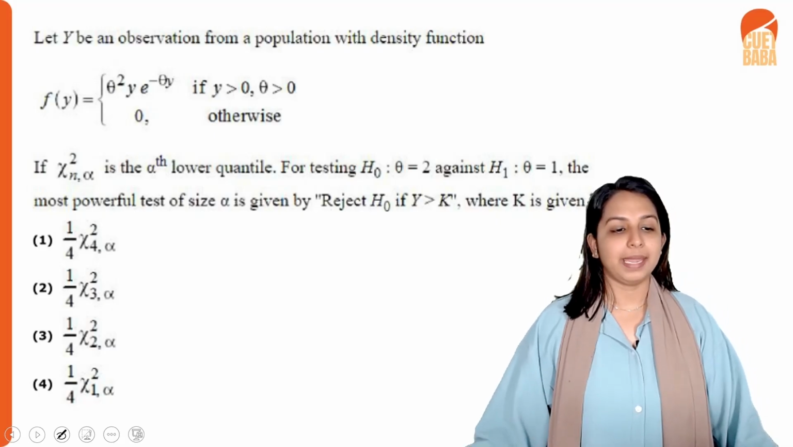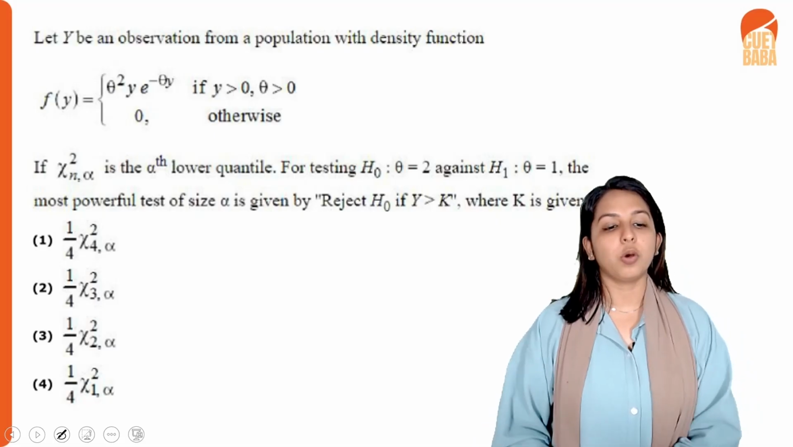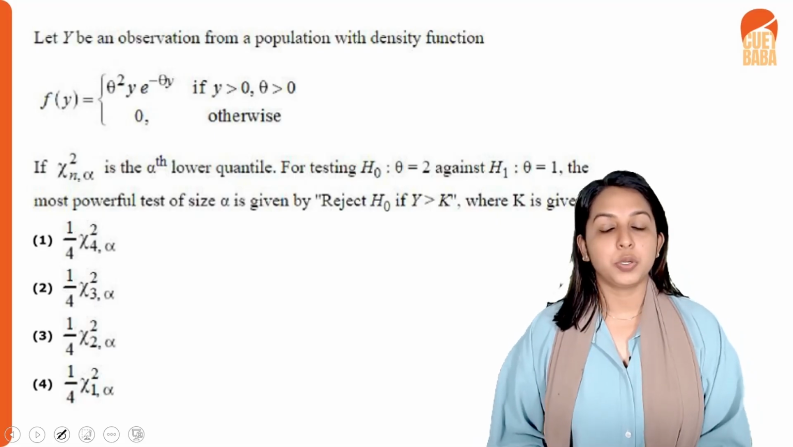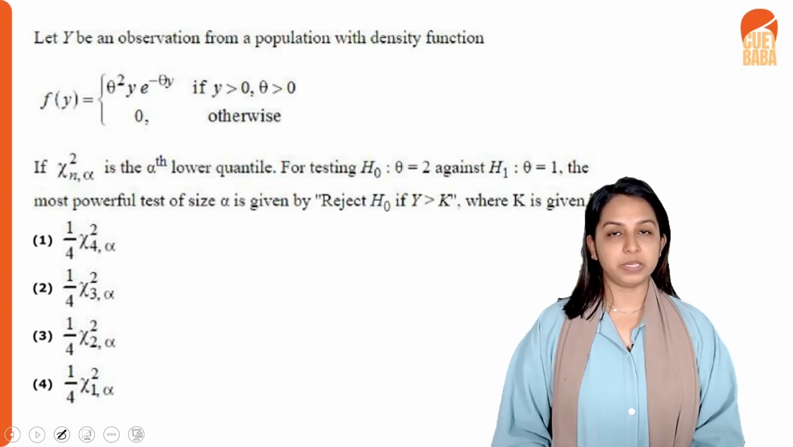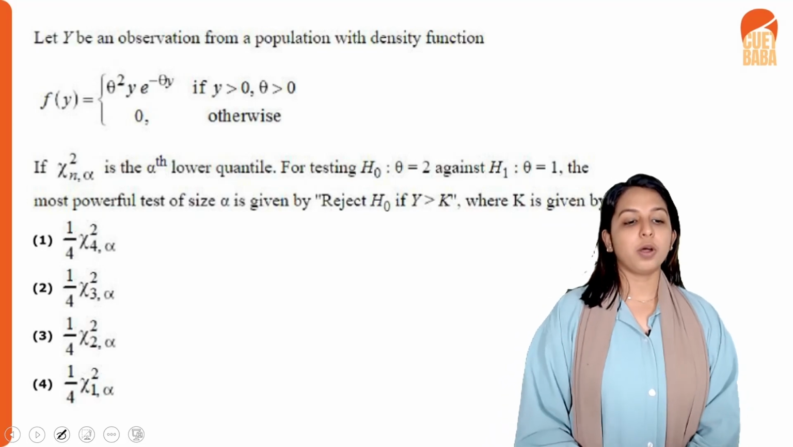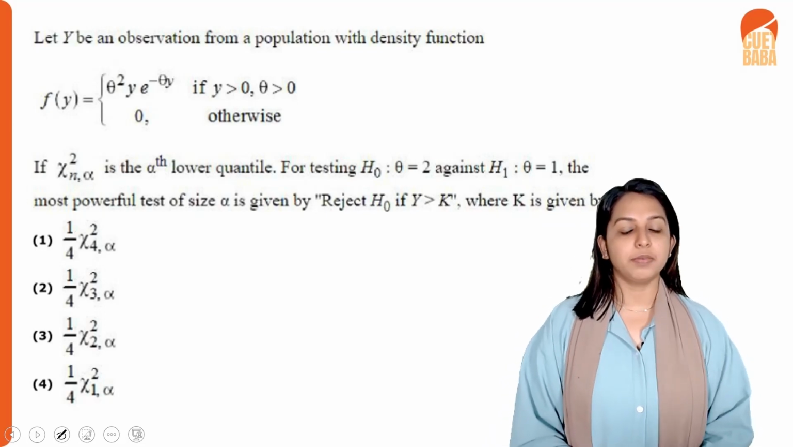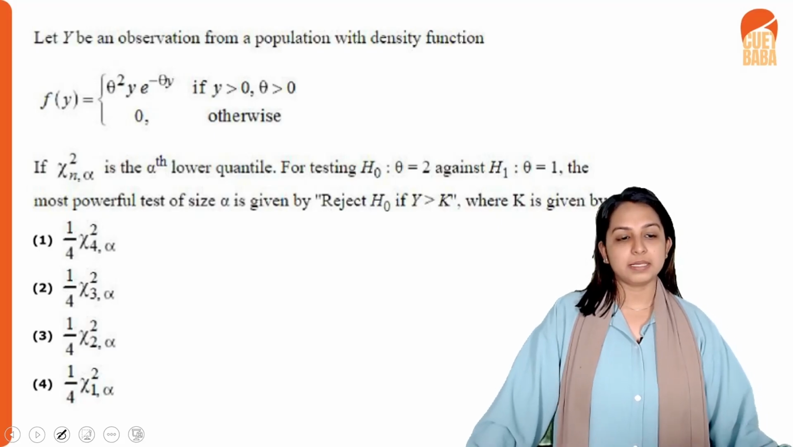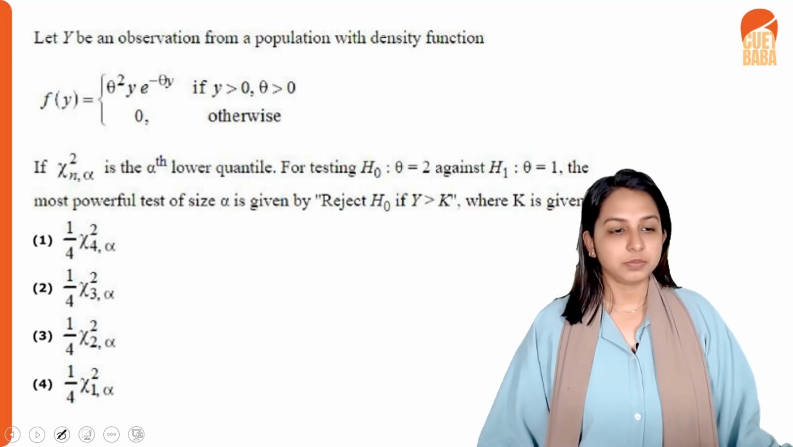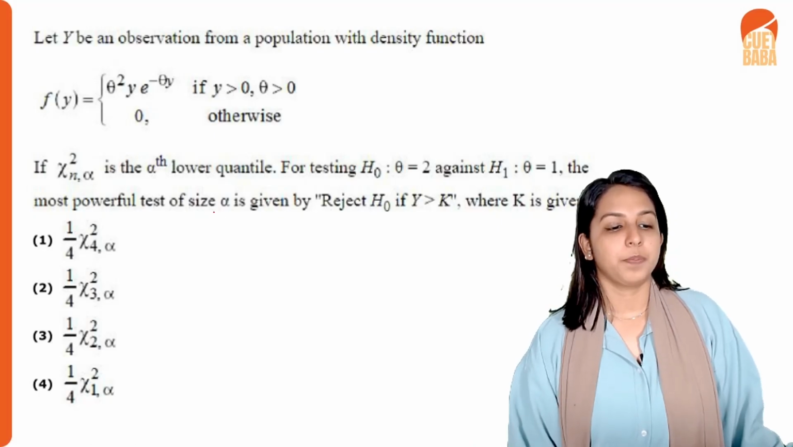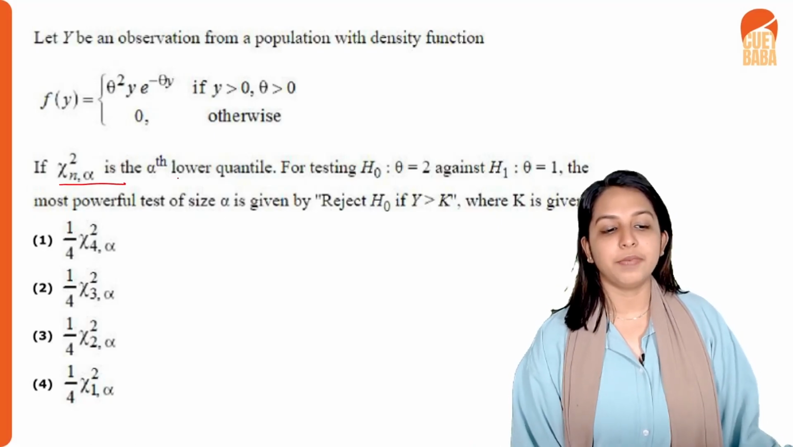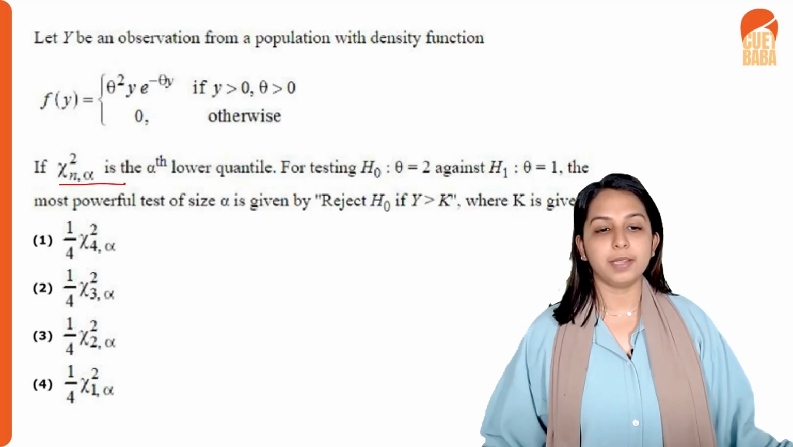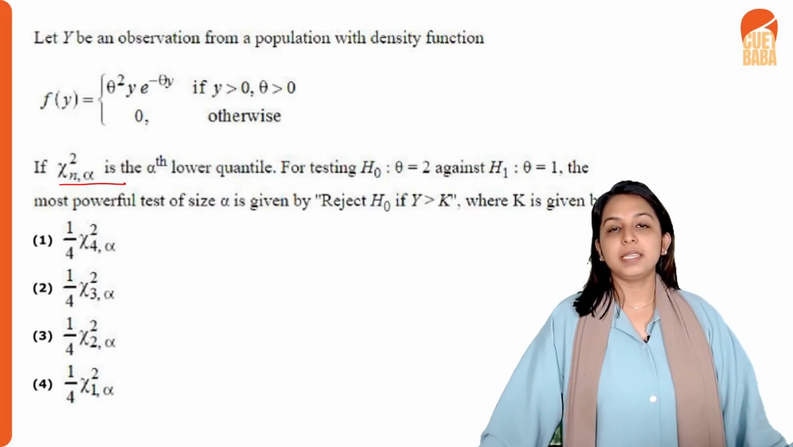If chi-square n alpha is the alpha lower quantile, for testing H0: theta equal to 2 against H1: theta equal to 1, the most powerful test of size alpha is given by reject H0 if y greater than k, where k is given by, that is, the